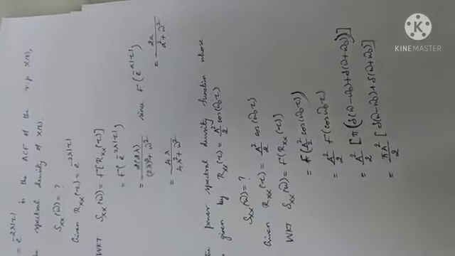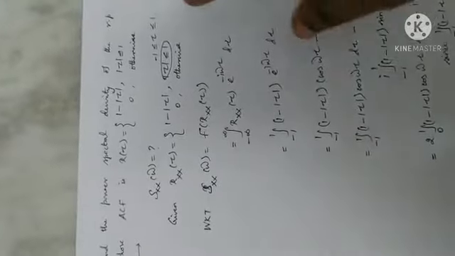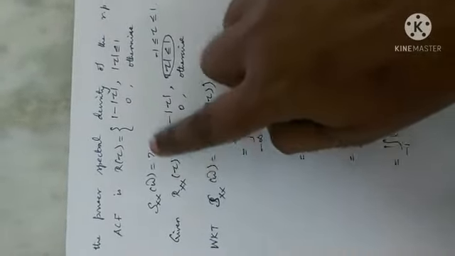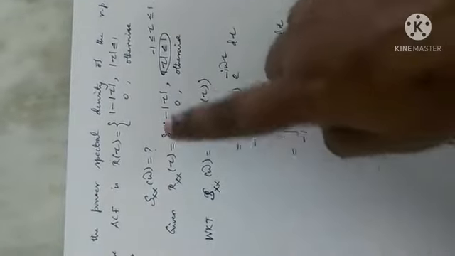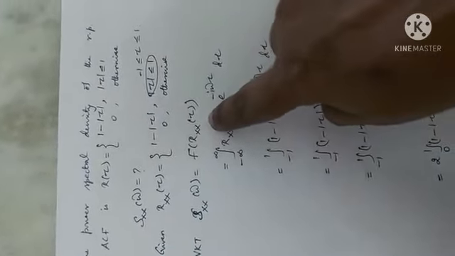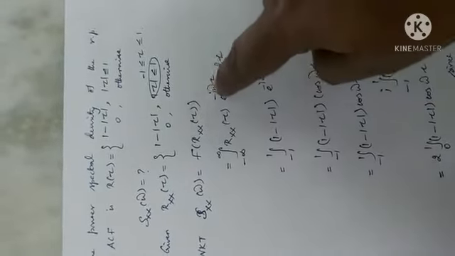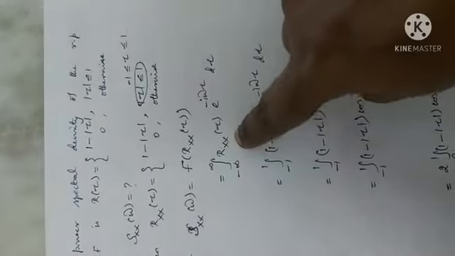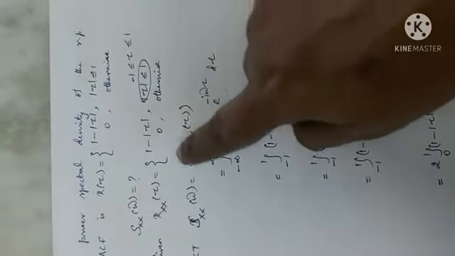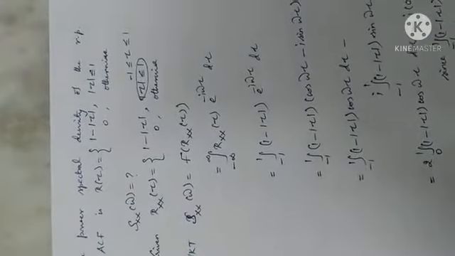And we have the next problem, listen here. Find the power spectral density of the random process, the same Sxx of omega. Rxx of tau is given, and the relationship between them is Sxx of omega is the Fourier transform of Rxx of tau. When we substitute it directly, we do not know the formula. So we should go for the second method, integration, since there is no direct formula for the Fourier transform of 1 minus mod tau.